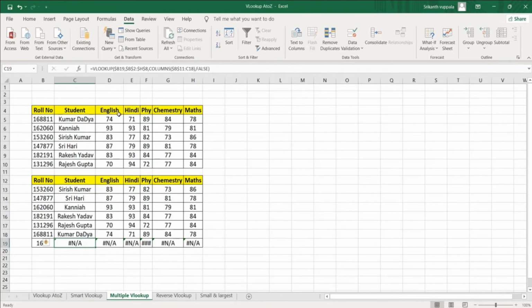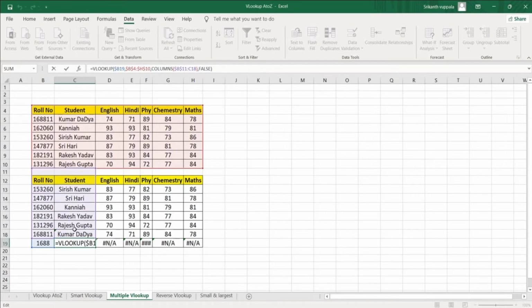Since I copied the formula from the smart VLOOKUP data range, that data range was incorrectly mapped, so I corrected it.